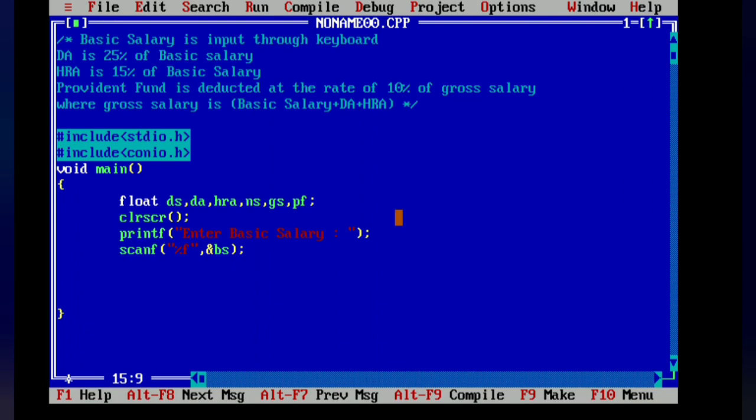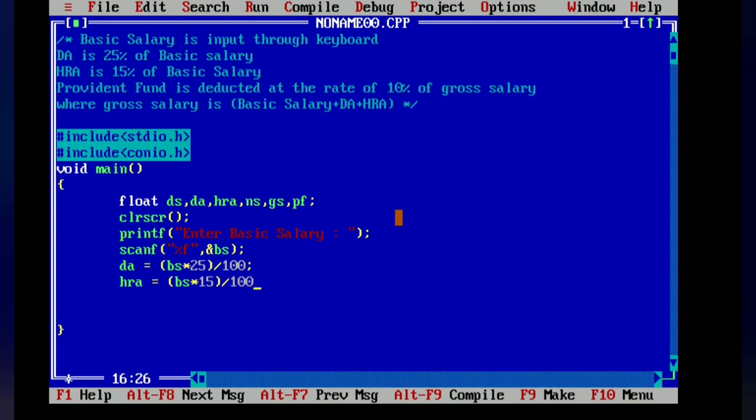Now after this, we have to take the value of DA, that is calculated by using BS asterisk 25 bracket close divide by 100. After this, we have to find out the value of HRA, that is calculated by BS asterisk 15.